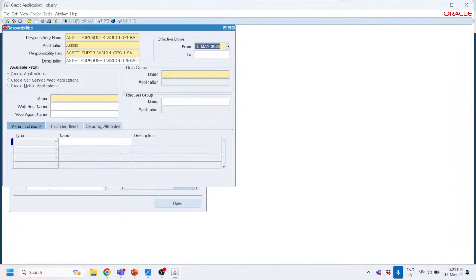Effective date I am saying the same, and the data group. So data group will be the standard, and the application is asset,